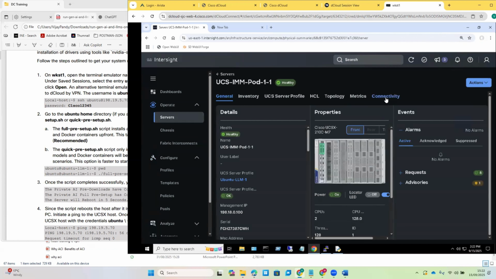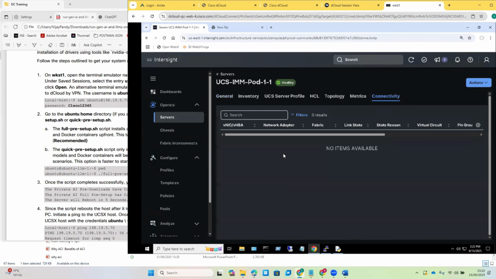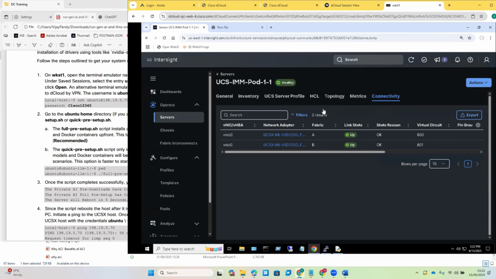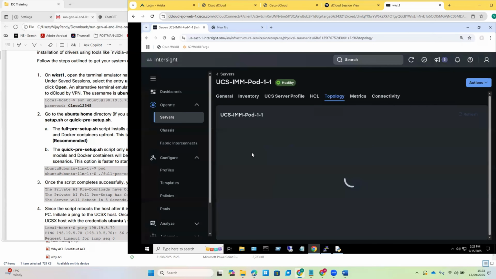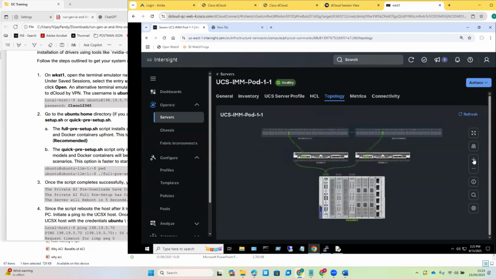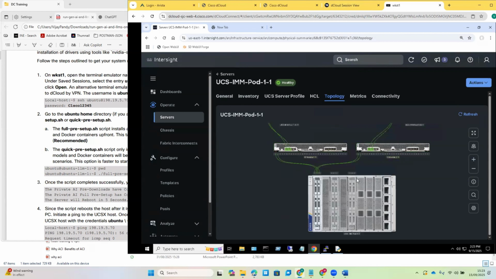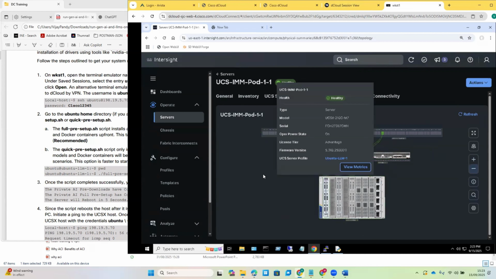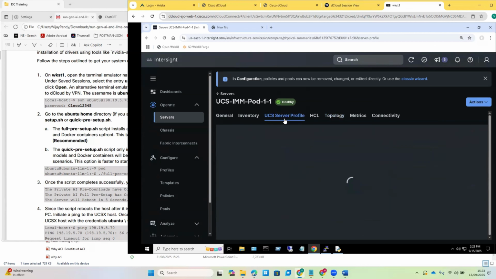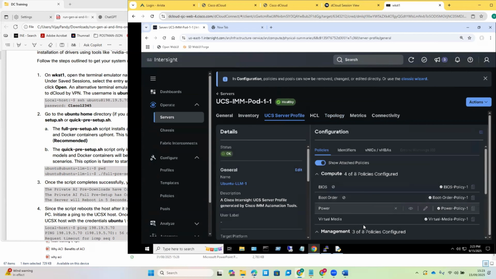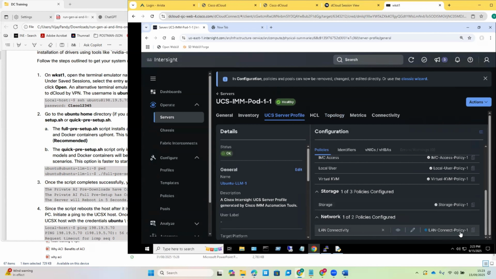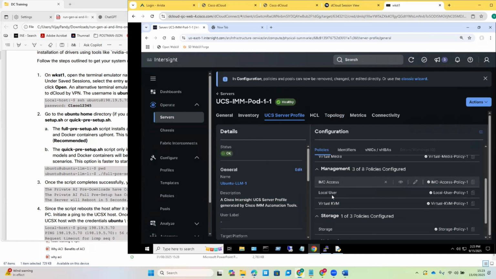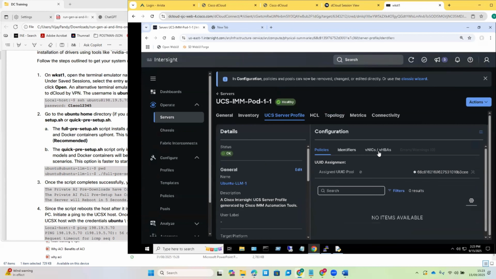Right. If I see the connectivity to it, you see that this is the server NIC details which is deployed, and if I show you the topology, this is the topology I have. Okay, where I have Cisco, sorry, Fabric Interconnect, 2 of them. Then I have my IOM module. Then I have a server connecting to it. Okay, and if you see that it's a profile, and these are all the profiles which are associated to it. From where it's going to reboot, what are the LAN configuration templates, local users, IAM, all the identifiers, vNICs,